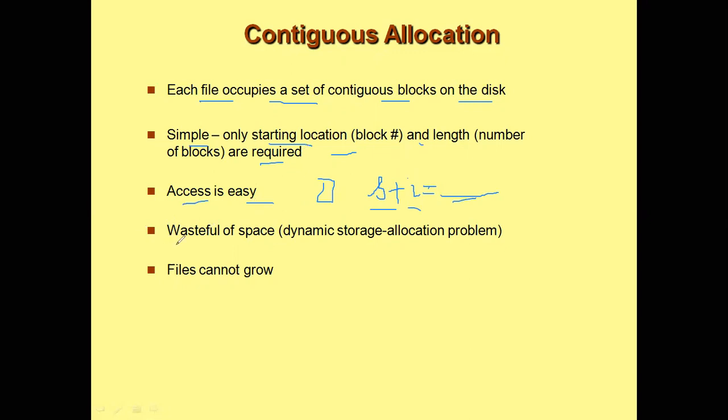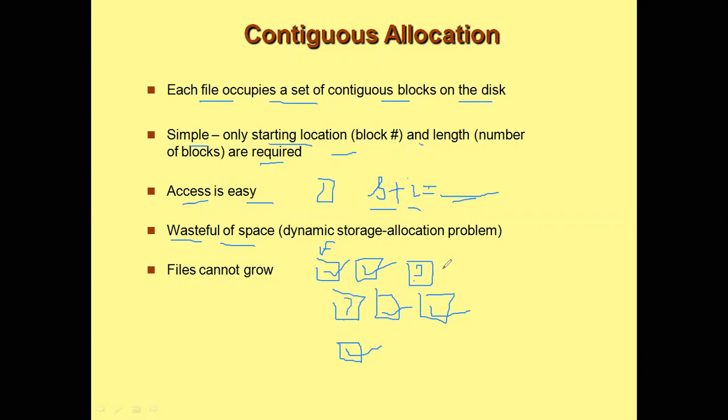And the disadvantage of contiguous allocation is wastage of space. Since this is contiguous, right? See, for example, I start with a file from this position, and then it just needs 2 blocks. So 2 blocks are occupied, okay? And then consider this block is empty. This block is empty, and again you start some other file from this particular block. So it occupies 3 blocks. So 1, 2, 3 continuously they are sitting here. And what about this block and this block? They are a waste of space, right?